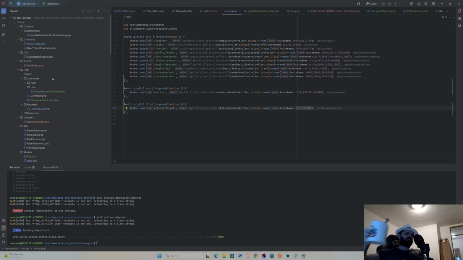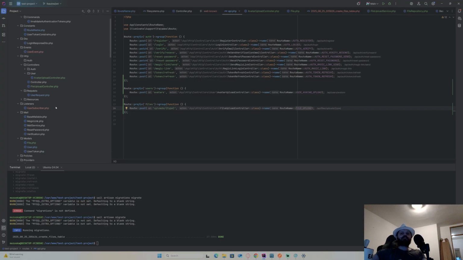Basically, to recognize the user, the user will need to send the token to the backend, and then the API will recognize them by the token. That's the token issued when the login endpoint is called, so it's going to be issued here.